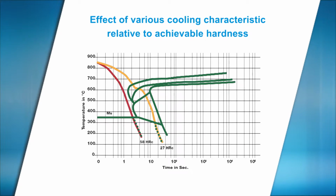The red line shows quenching oil having a short vapor phase, and the yellow line indicates the quenching oil having a longer vapor phase. A short vapor blanket phase is necessary when quenching low alloy or plain carbon steels, as only a few seconds or, in extreme cases, fractions of a second are available for the temperature to fall below the critical temperature range of approximately 600 to 500 degrees Celsius. If this requirement is not met, undesirable soft structures such as bainite, pearlite, troostite, and possibly ferrite occur, resulting in